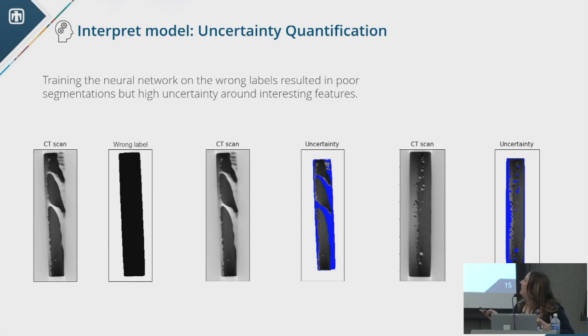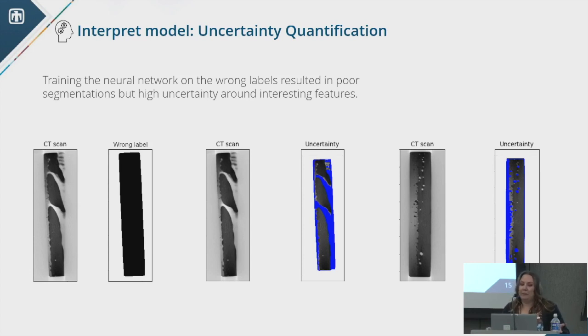I did this. I was given a data set with very nice labels, and instead of giving the nice labels to my neural network, I gave it this. This is a material that has a bunch of defects in it, and I gave it a pristine example for a label, and I trained. Then I looked at the results, and guess what? When I input this to my model, I output this as the prediction. Terrible. Looking at just the accuracy of the model, I was about to say, you know what, we don't have enough data. It just didn't work.